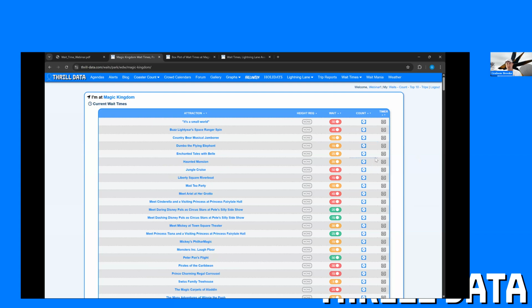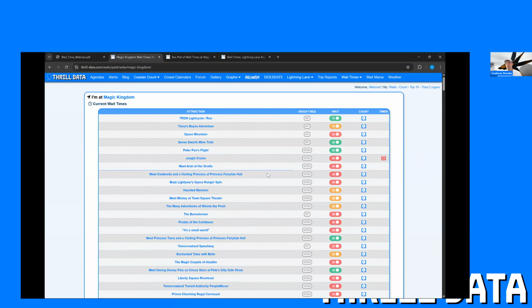My preferred way is to record the wait time for something. So if I'm about to get into a line, say I'm going to enter a line for Jungle Cruise, I'll click this little timer icon. It's going to start a timer. It's going to keep track of how long I wait in the line. And when I'm about to enter the ride, reach the end turnstile, about to be led onto the attraction, I'll click that timer to stop it, and it'll record that wait time and store the data on here,